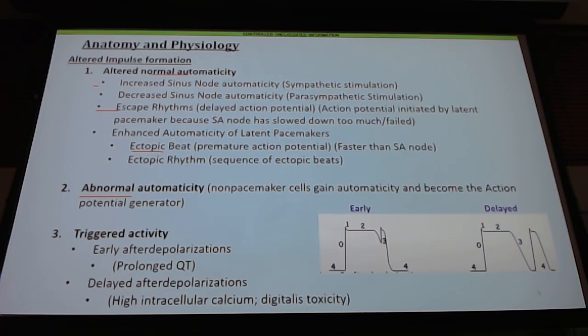Now the other thing is abnormal automaticity. So we said that pacemaker cells are the only ones that should generate those action potentials, right? But what happens if I have scar tissue that develops from an MI? What happens if I have some other pathologies going on, like deposition disease or something like that, where now, let's say, myocardial cells that should not have the ability to generate action potentials now develop the ability to generate that